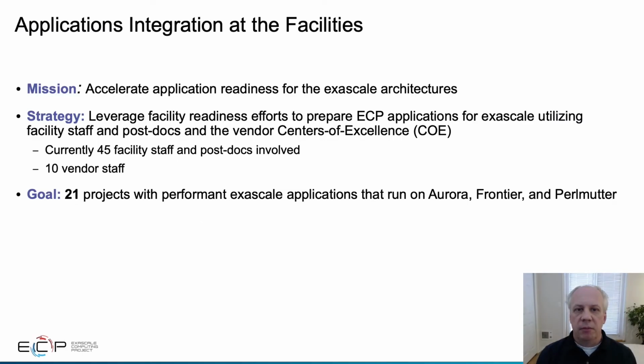The mission of the applications integration effort is to work with the applications projects to accelerate their readiness for the Exascale systems. The strategy is to leverage the work being done at the facilities to prepare applications for the Exascale machines. We are doing this by engaging over 45 staff and postdocs across the facilities along with 10 dedicated staff from the system vendors. The end goal is for the ECP projects to have performant applications ready to run on